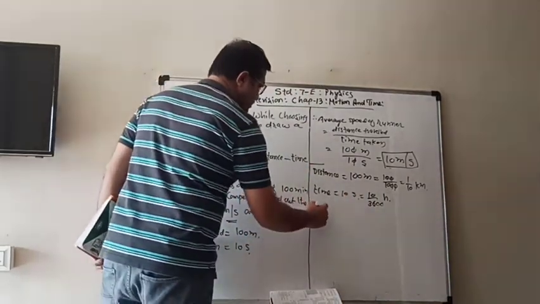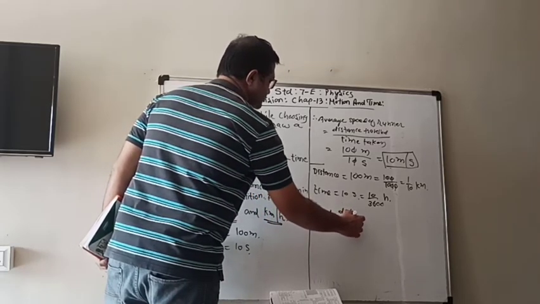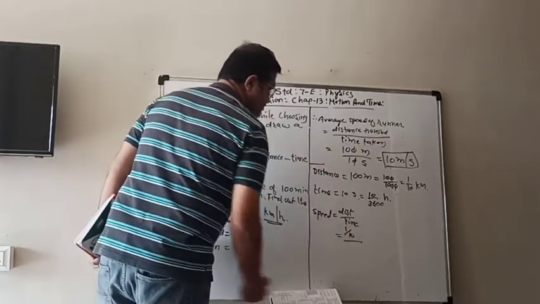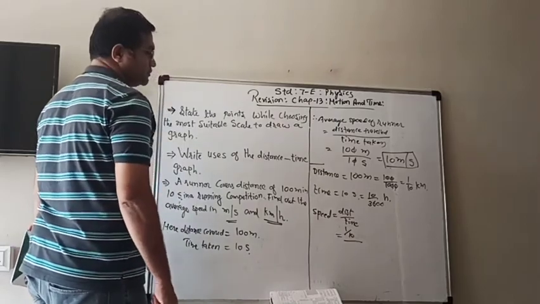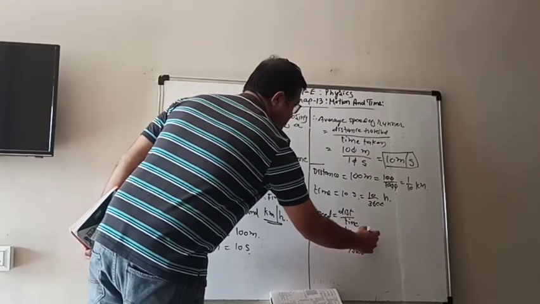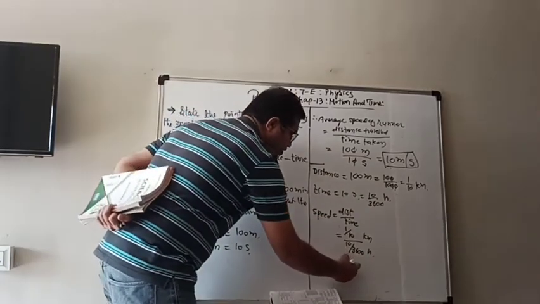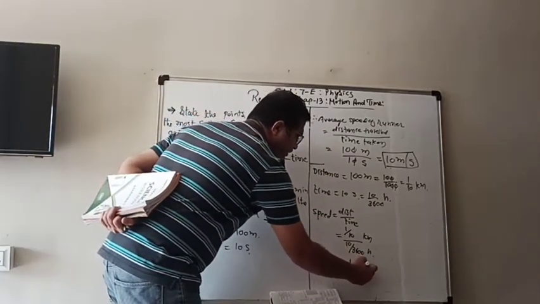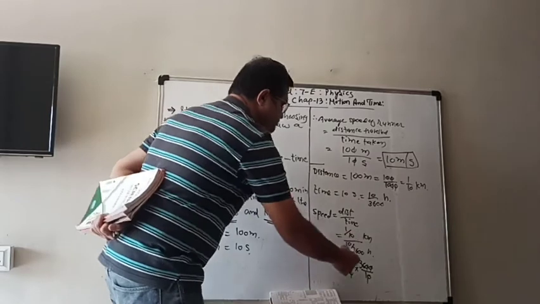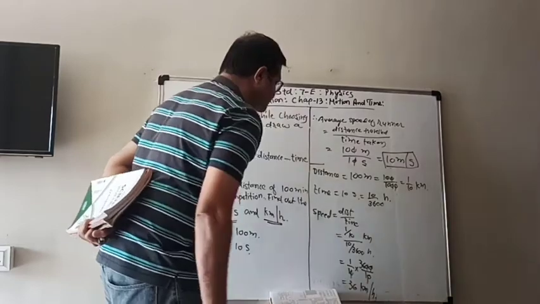So now speed is equal to distance divided by time. So here distance is 1 upon 10 kilometer and divided by 10 upon 3,600 hours. Now, since it is in the denominator, it will be inverted, 3,600 upon 10. Here 2 zeros are cancelled, so the speed is 36 kilometer per hour.